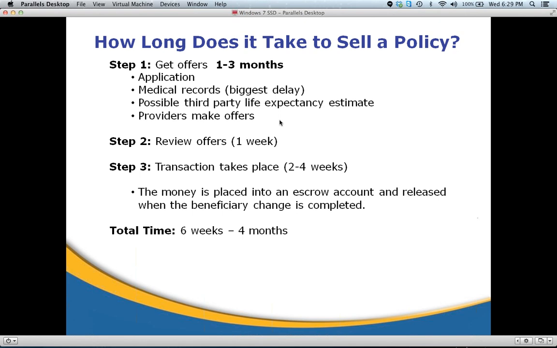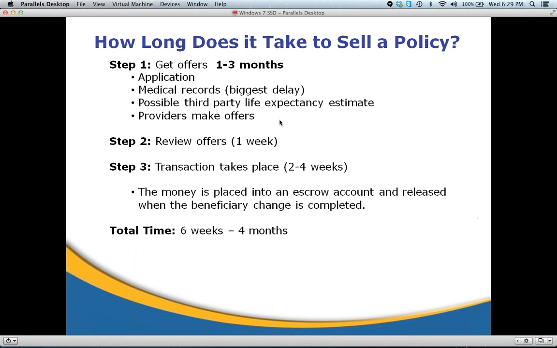So this is a very safe, secure process, much like selling a home. The money is placed into an escrow account, and then the money is released when the beneficiary change is completed. So you'll submit a form to the insurance company that changes the beneficiary from whoever it was to the new investor who's bought it. And once they get that confirmation, they'll notify escrow and you'll receive your money. So the total time could be anywhere from 6 weeks to 4 months,